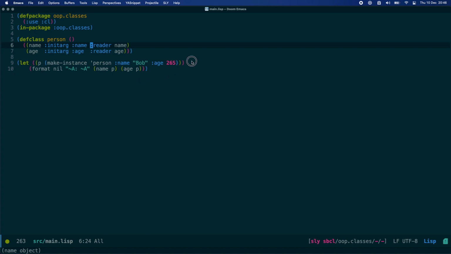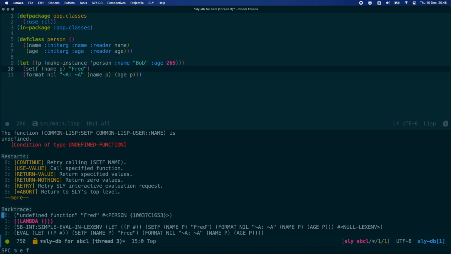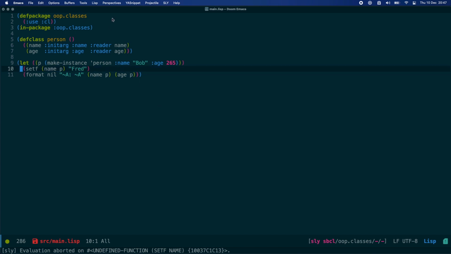If I try and do this, this is not going to work for me because, you know, it doesn't work. We don't have a way of using setf on these things, at least not natively. But what we can do is, in addition to reader, we could say